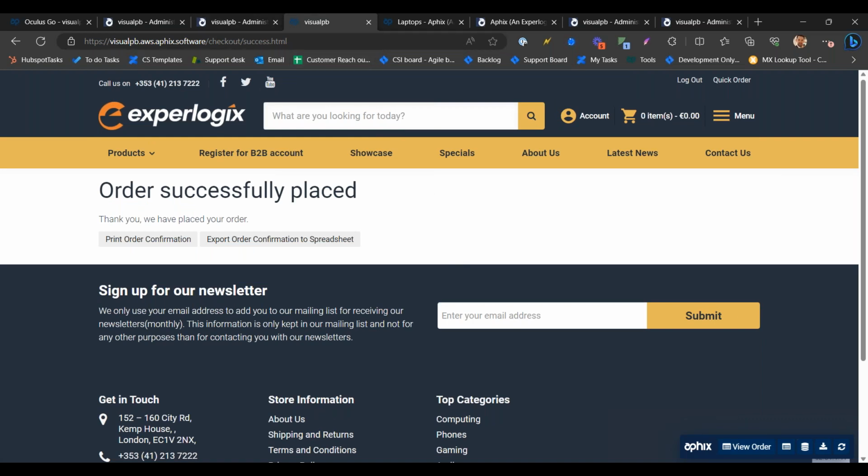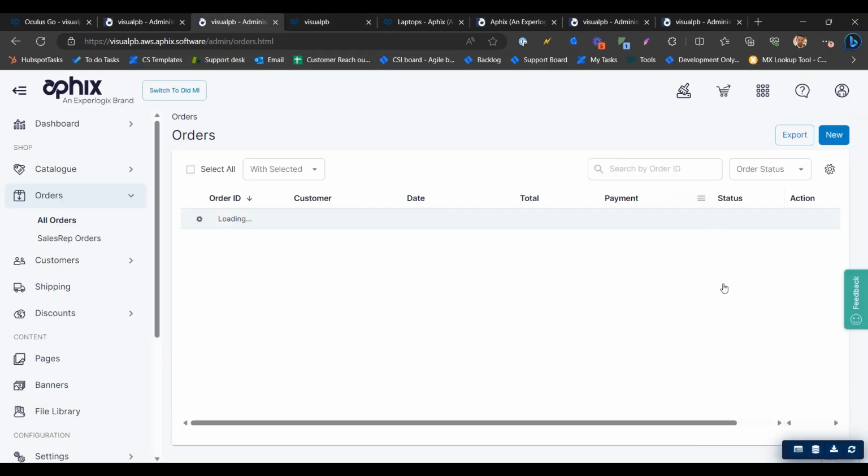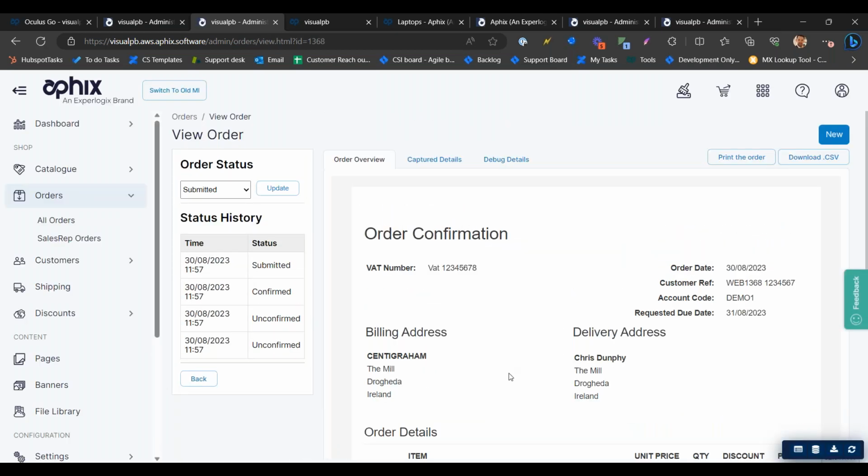Now, that gives me that, as well as the feature earlier on that shows the export order confirmation to spreadsheet, that's there as well. So now if I go back into orders, on the delivery details, I'm still showing my name, but in the billing address, it's showing the company name. Now, if I change that again,